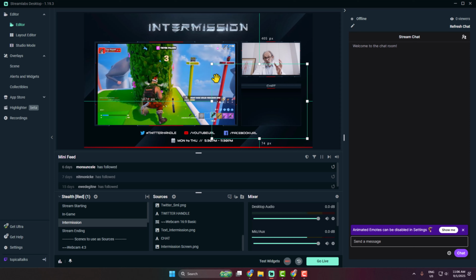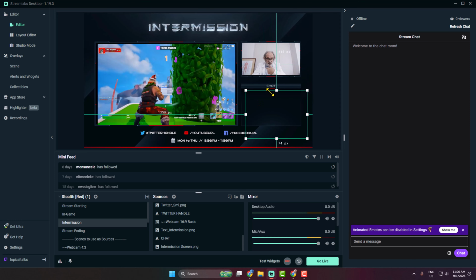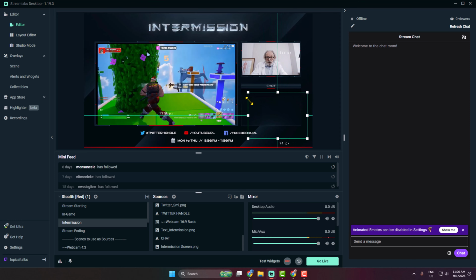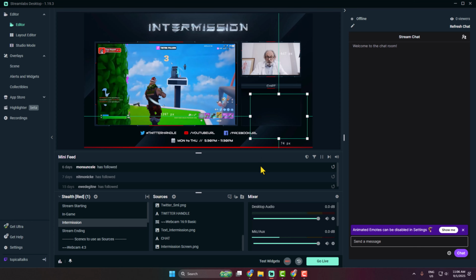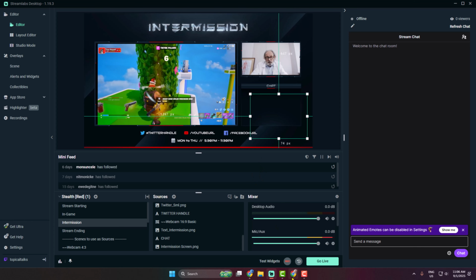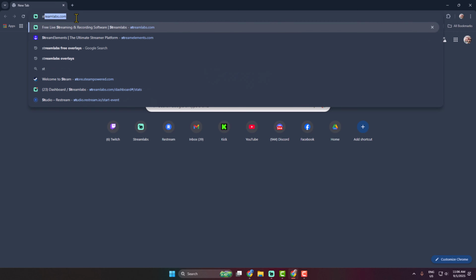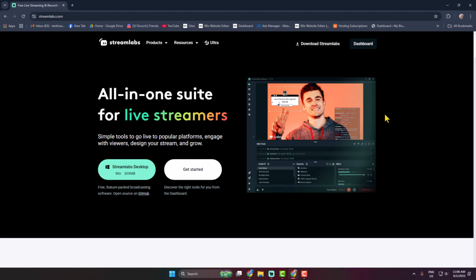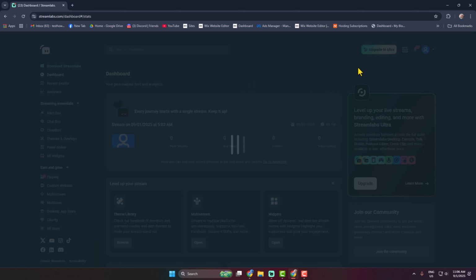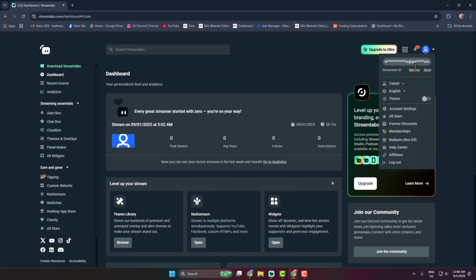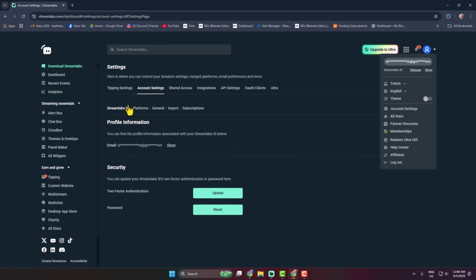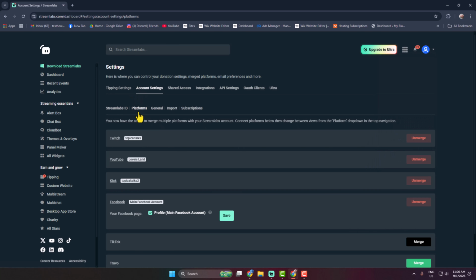Now you can just go ahead and resize or reposition the donation alert widget just like this. And now go to your browser and go to Streamlabs. After signing in to your Streamlabs account, click on dashboard. From your dashboard, click on your profile photo and go to account settings, and under account settings select platforms, and